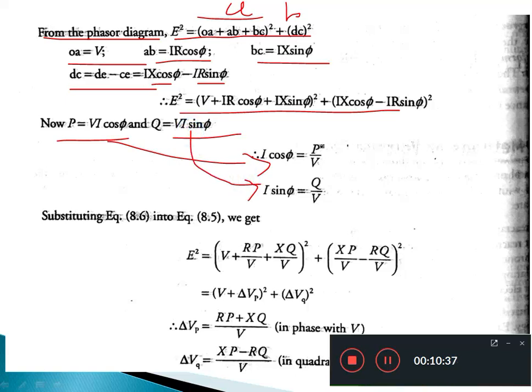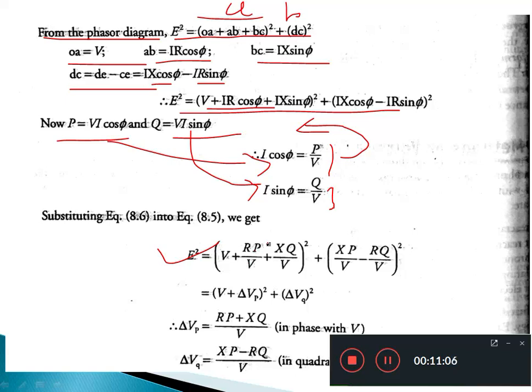and from this equation rewrite for I sin phi. So I cos phi is P by V, that is the real power divided by voltage, and I sin phi is Q by V, which is reactive power divided by voltage. Substitute these I cos phi and I sin phi in the above equations. Just rearranging the equations, we will get E square equal to, then the RHS term V is kept as it is. In place of I sin phi, we have to use Q by V,